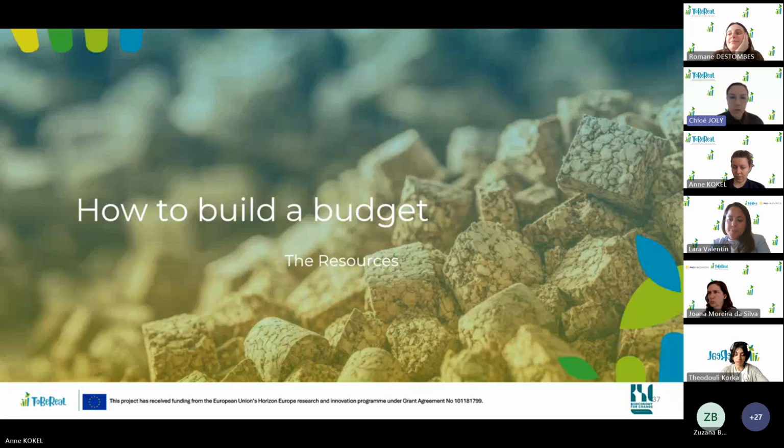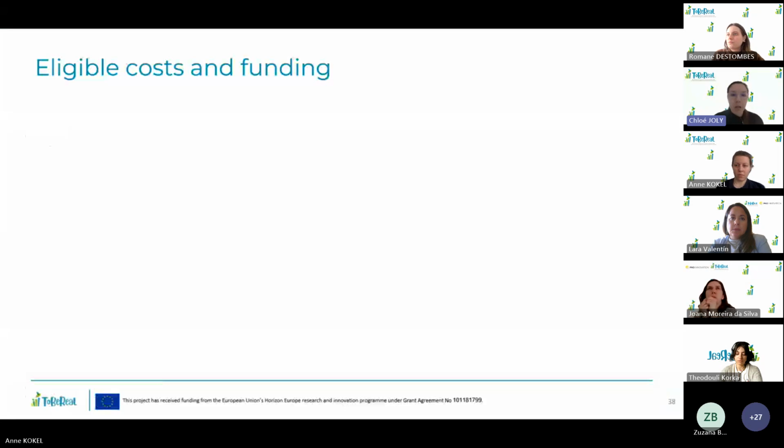Now we will go on the budget. As soon as you have defined the work plan, the tasks, the activities that will be needed to carry out to develop your project, you will be ready to define the resources and the costs needed to implement the work plan. I just remind you, do not hesitate to ask your questions in the Q&A corner. If you have something that is not clear for you on the past session, we will be able to go back and detail